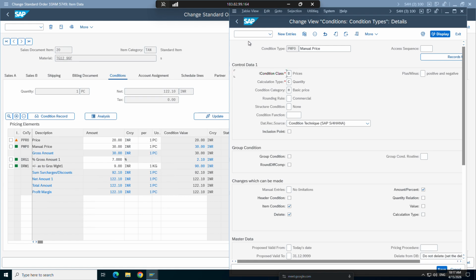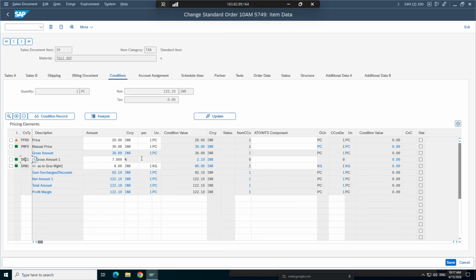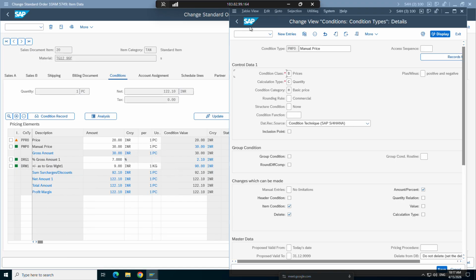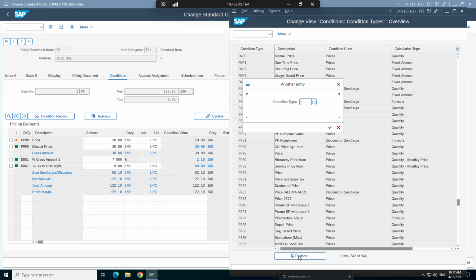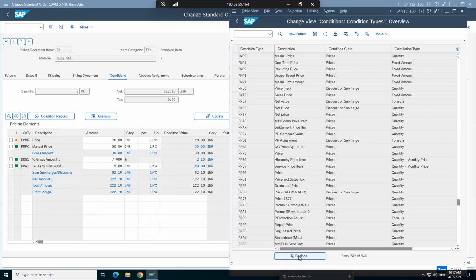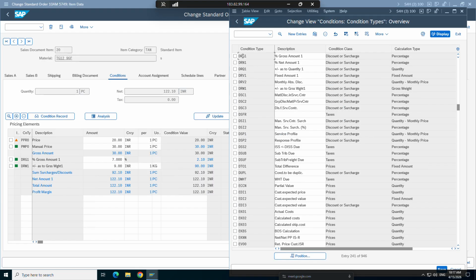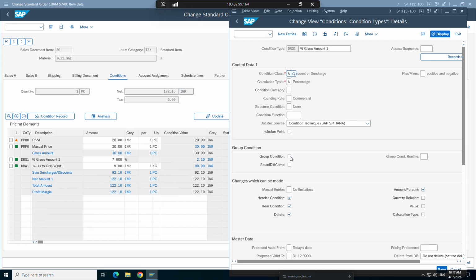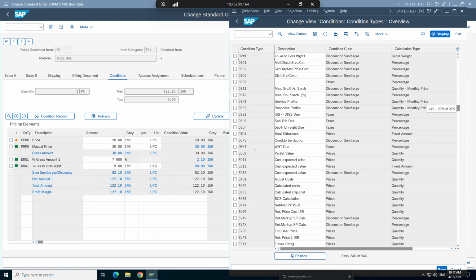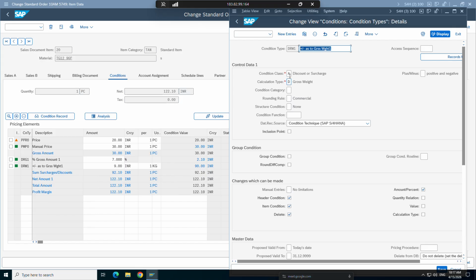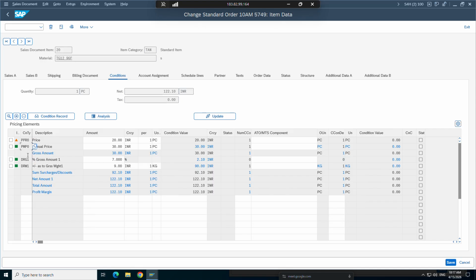Now, as I said, what should be my condition class for DRG1? Could it be B? No, it is exactly not B. Something else will be there. Let's see what it is. DRG1, I don't know what it is, but it is not B. I'm 100% sure, because it has not deactivated the earlier one. You see? Something else. Now let's see DRW1. You see? A. So from here the system understood that these two are base prices and these two are some different